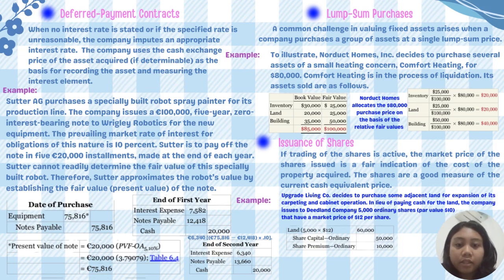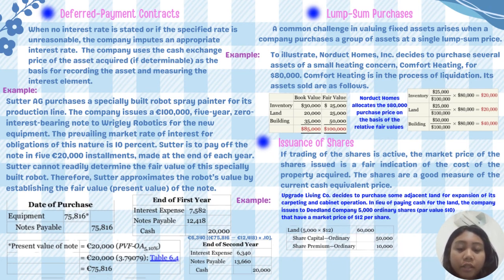Okay, the next one is issuance of shares. If trading of the shares is active, the market price of the share issued is a fair indication of the cost of the property acquired. The shares are a good measure of the current cash equivalent price. So the example is